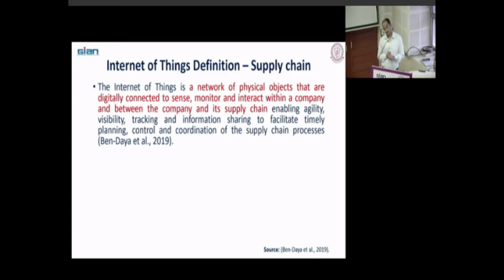What is agility? You are making changes in your supply chain because of the unexpected event, but that change is very fast. That is called agility. If that change is not fast, it means your supply chain is not agile. Got it? Suppose you are supplying products to two markets, and demand from one market significantly decreases.